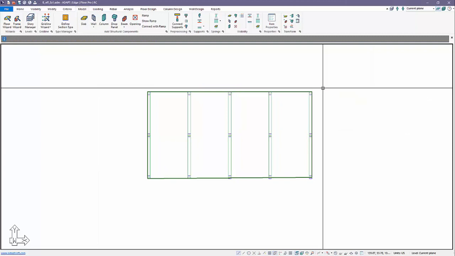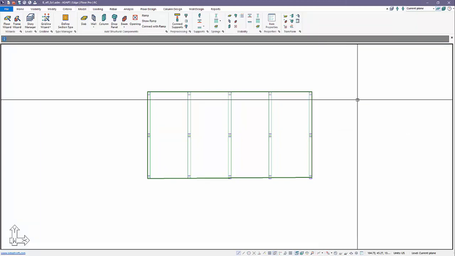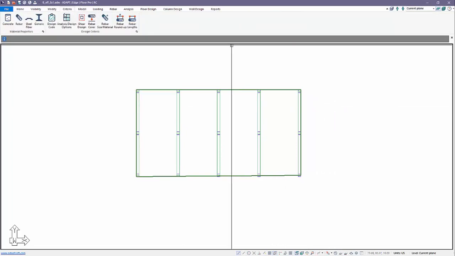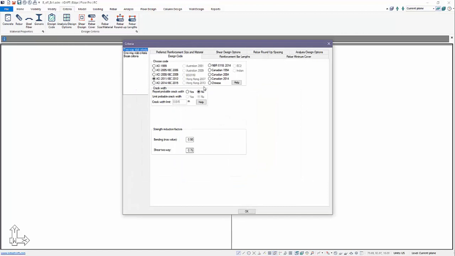Now the way the program will calculate effective flange automatically is dictated by the design code that you've set in criteria. So under design code, when the user selects European code or Brazilian code, the program defaults to European code calculations for effective flange. Every other code that the user selects would default to ACI. If you want to use something different than that, then the user would have to use more of a manual procedure for using splitters and bounding off the effective flange. So to start, we're going to set this to ACI